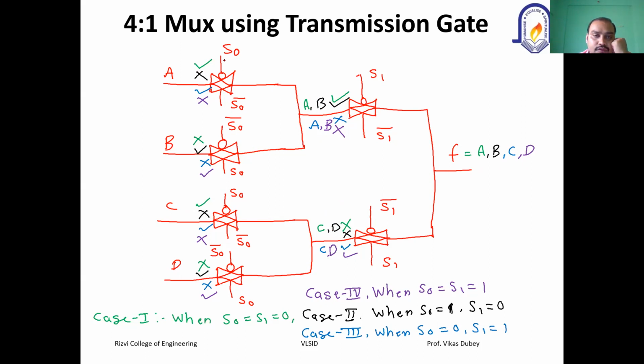The important thing is whom to give S0 and whom to give S0 bar. So you know that A is going to be there for S0 equal to 0. So S0 equal to 0 means to the nMOS you have to give its bar, remember. Correct. So the operation you can understand is the same way as the operation for the transmission gate, pass transistor. So the same operation is there. Just remember that